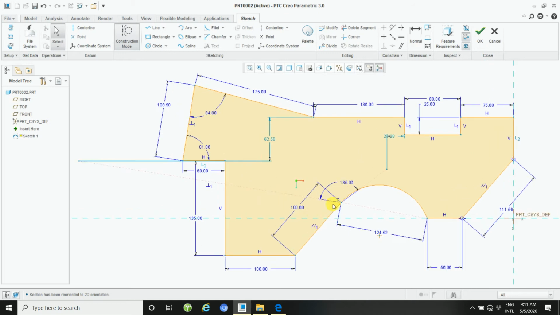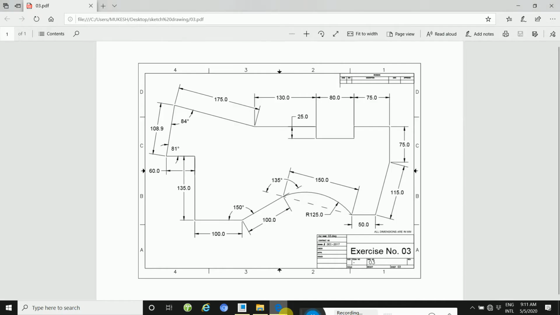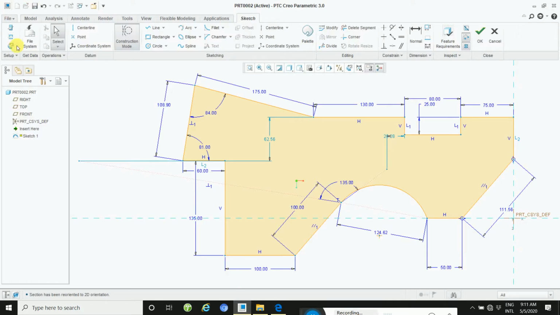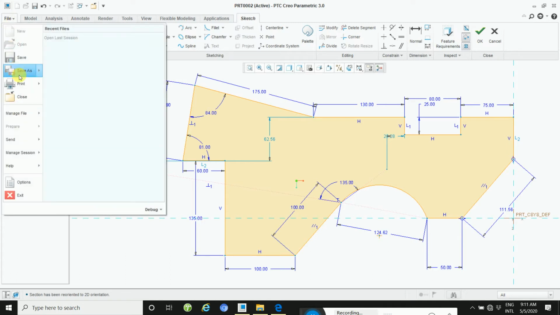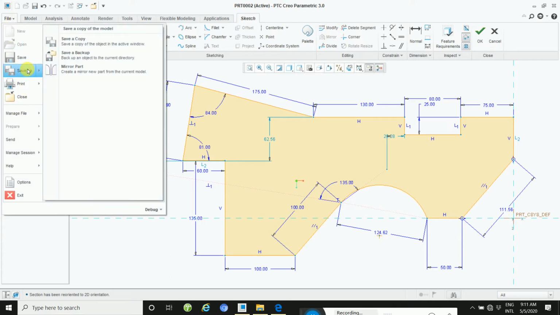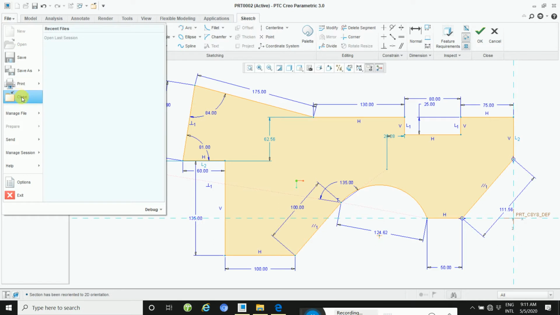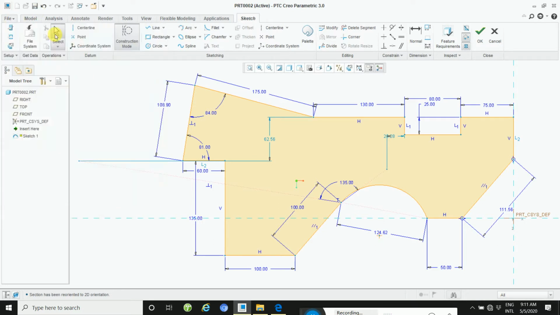So draw the, okay, start. Go to File, then Open. So new file here.